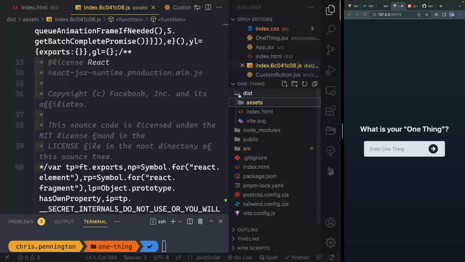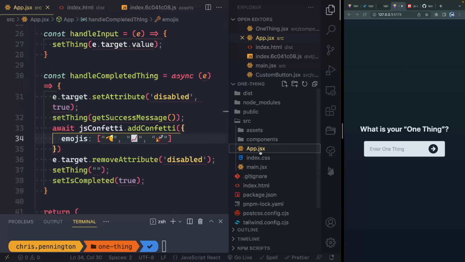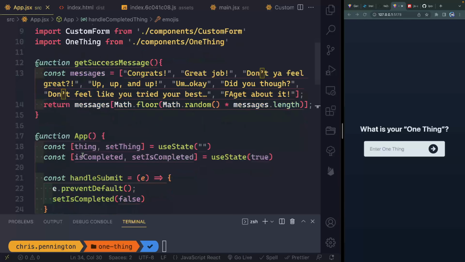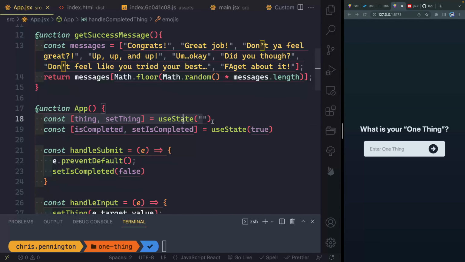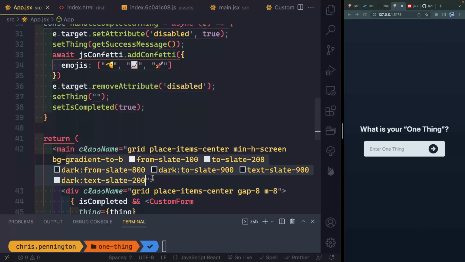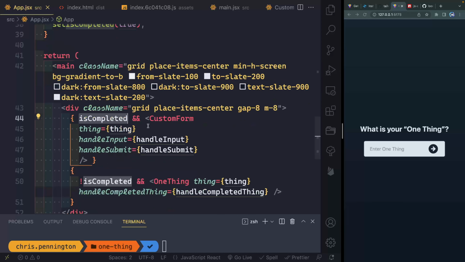Now, what's going to happen is if I come in here, let's just kind of walk through this. In this app that's being dumped into that div, I've got several things going on here. When it actually fires this app itself here, it sets two pieces of state. It has a thing set to nothing to start with, and an isCompleted set to true. Then within what it returns, which is this JSX, kind of like JavaScript or like HTML, you'll see that it says if this state is completed true, go ahead and show this custom form